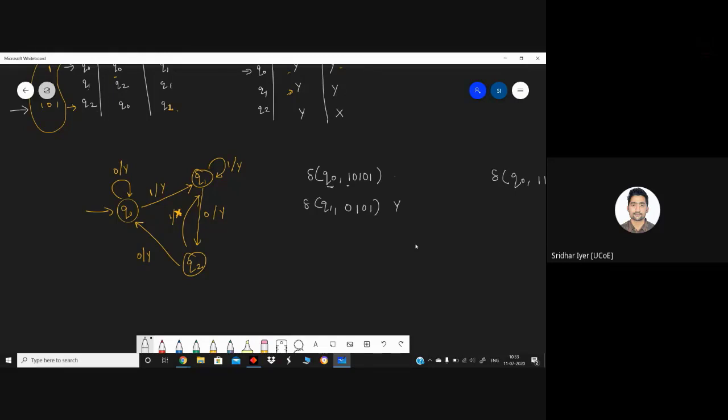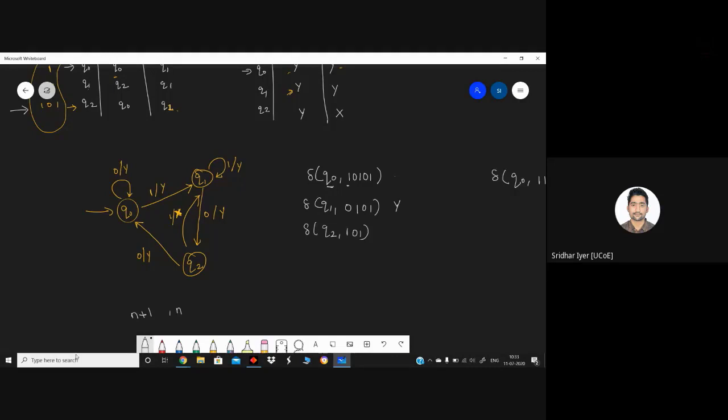If you remember, in case of Moore machines, the output sequence was always 1 greater than the input sequence. And in case of Mealy machine, it will be of equal length. That is because over here, we don't start with the very first step itself. We are starting with the second step, so we are one short. The actual length of the output will be the same as the input sequence. Clear? Now Q1 on 0 goes to Q2